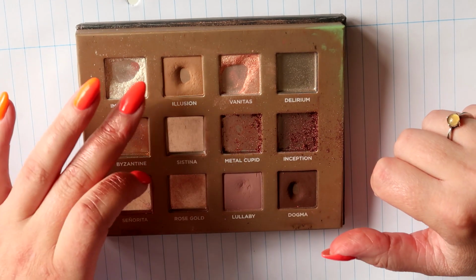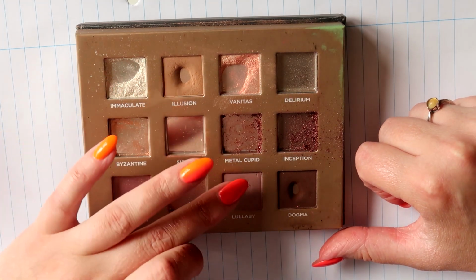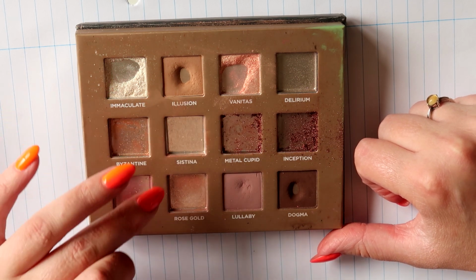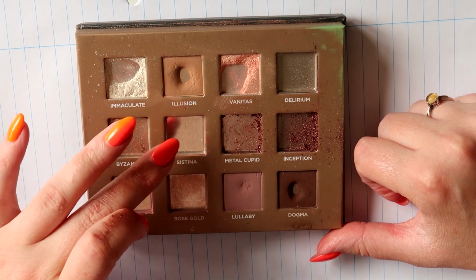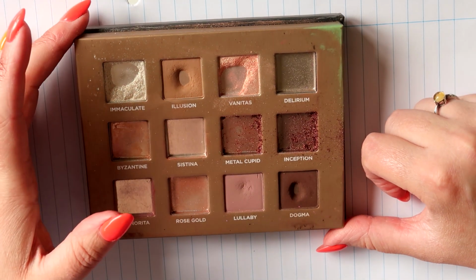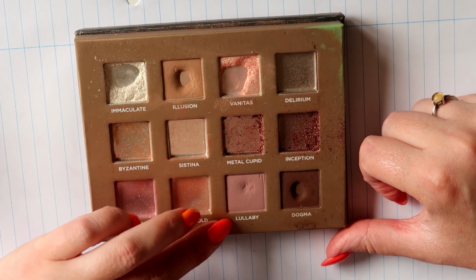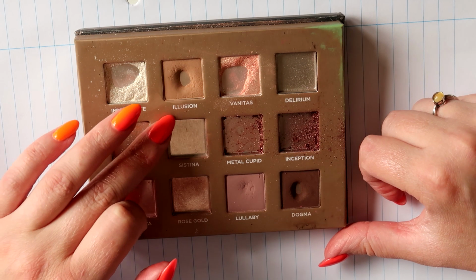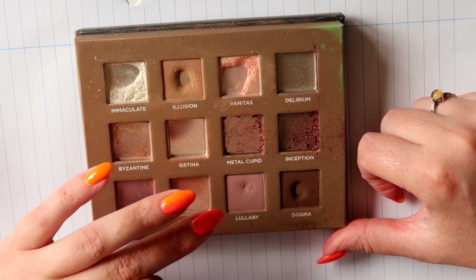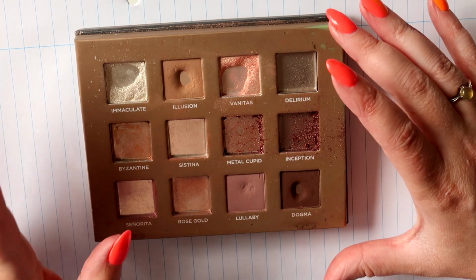Because I have been swatching them both, I don't really use Lullaby a whole lot. If I mix the two, I have a good eyebrow color. Illusion on its own is too warm toned, so I don't really like the way that looks. But if I mix a little bit of Lullaby into Illusion, it gives it that cool undertone. So I'm gonna do that,